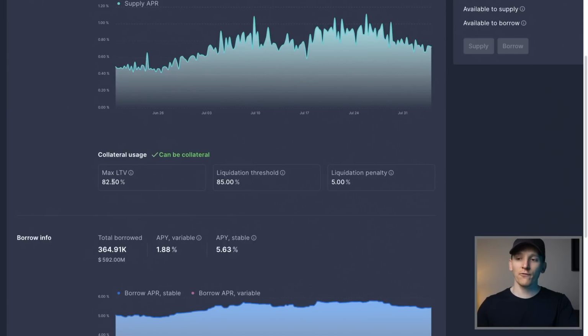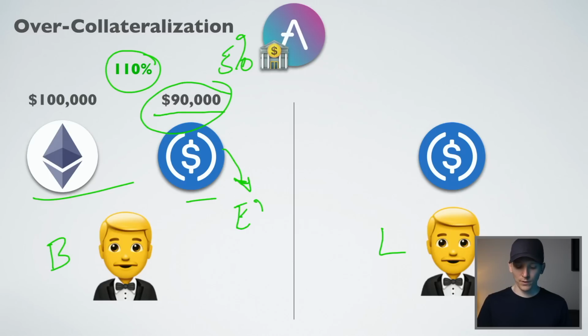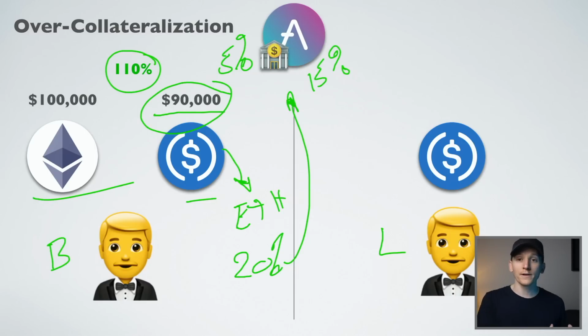On the actual Aave platform, you can only borrow 82.5% specifically against ETH. Why would you want to do that? Well, if Ethereum goes up 20% in the year and you're paying around 5% to Aave, then you're paying 5% to borrow $90,000. You can go and buy more ETH with that and have almost twice the exposure. If you have twice the exposure and it does go up 20% and you've only paid 5% for a loan, you make 15% on double the amount of ETH exposure because you've been able to essentially leverage up your position,